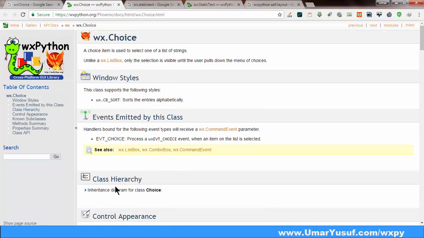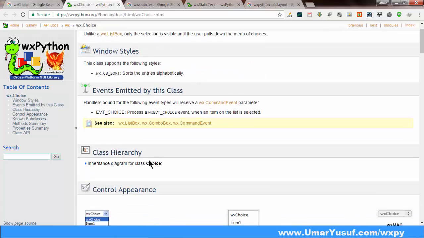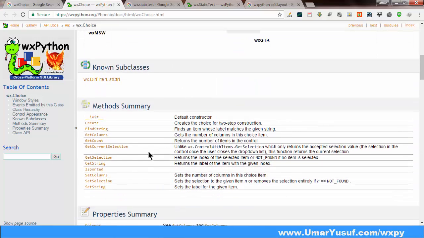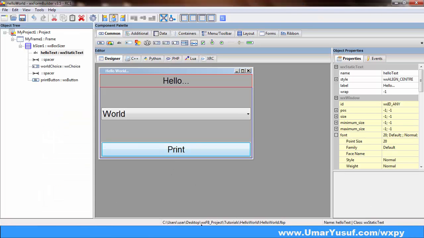Recall that the tutorial is based on wxPython Classic. So the equivalent of GetStringSelection in wxPython Classic is GetStringSelection. So if I go back to the code,